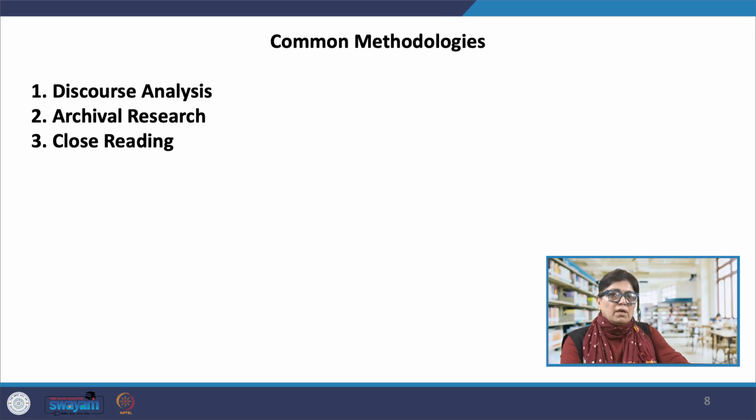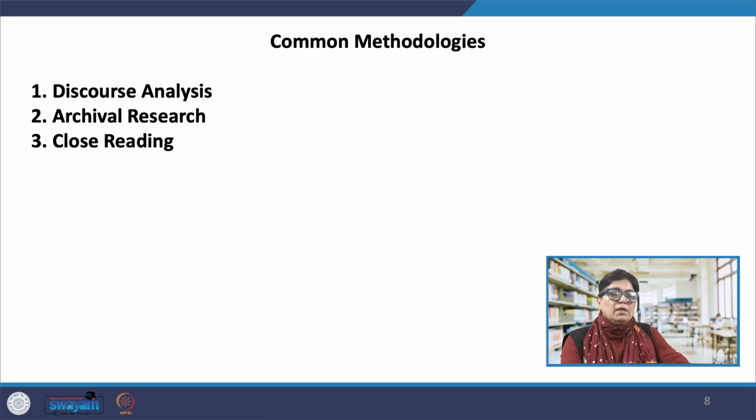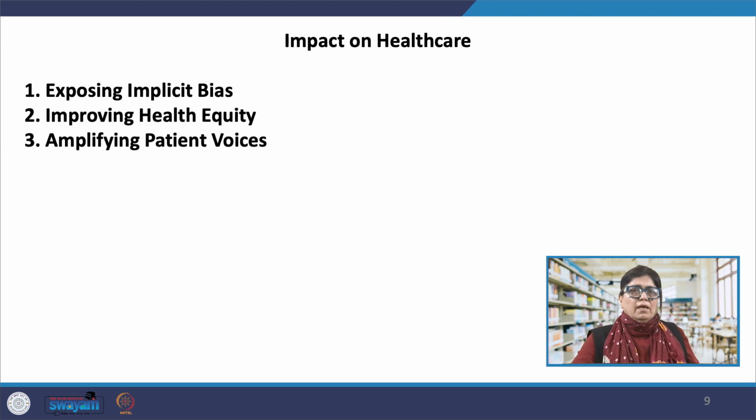Archival research uncovering how marginalized groups were treated in past medical institutions. Close reading analyzing medical textbook ads or policies as cultural text. So, impact on healthcare: exposing implicit bias, which helps clinicians identify unconscious racism, sexism, or ableism